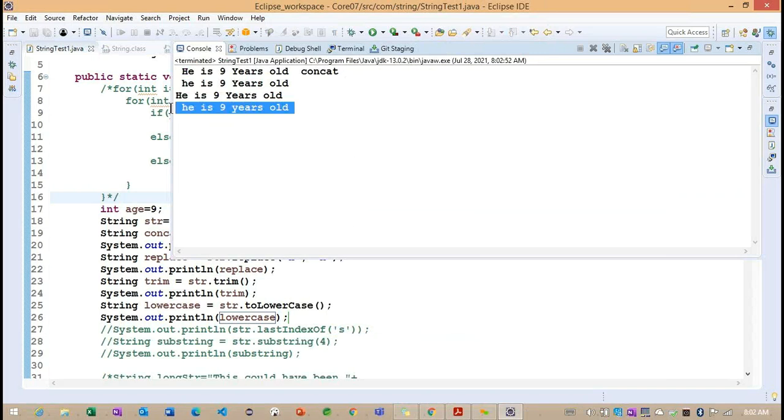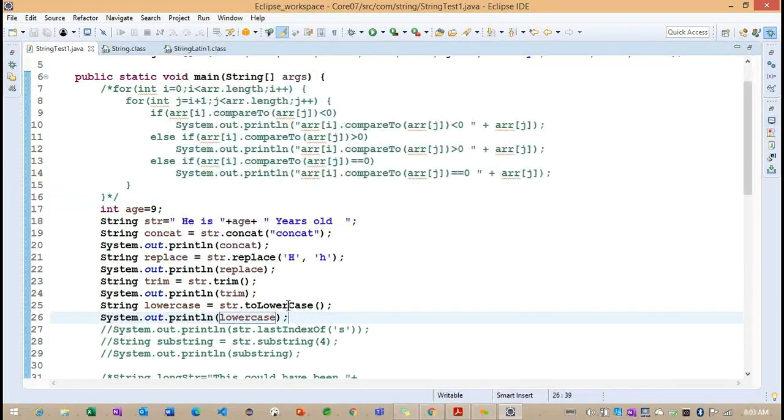Now you can see all the characters are converted into lowercase. Previously the y was in uppercase, and it's converted into lowercase here. Okay.